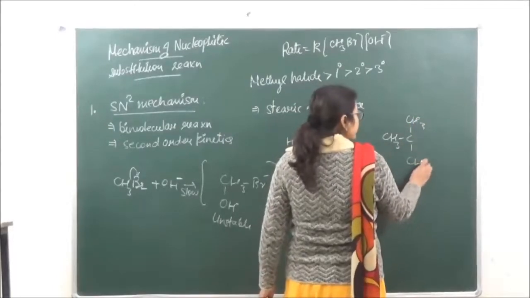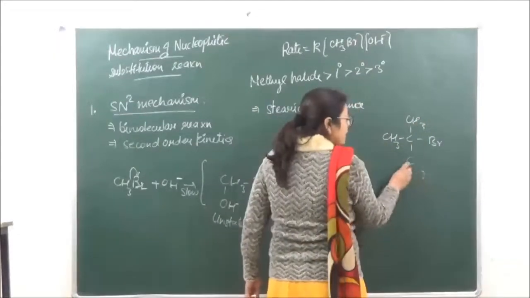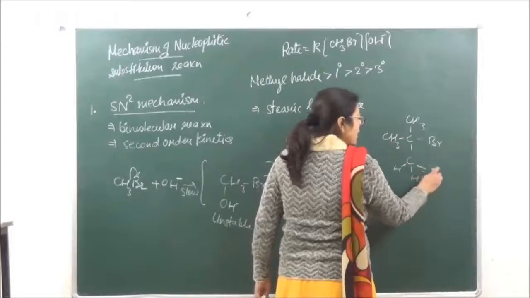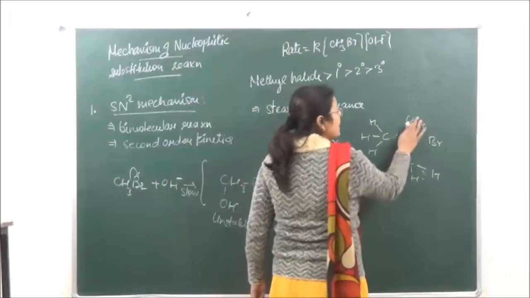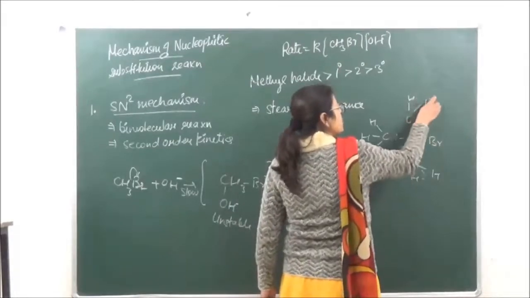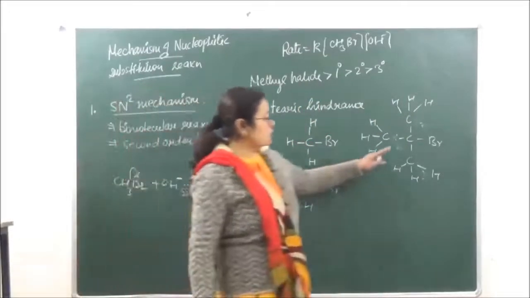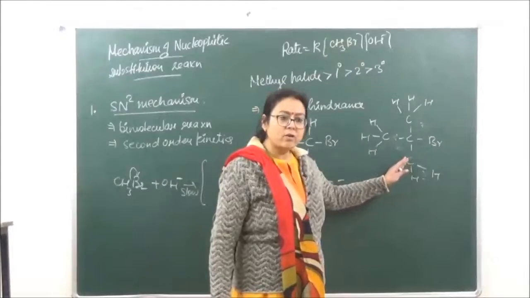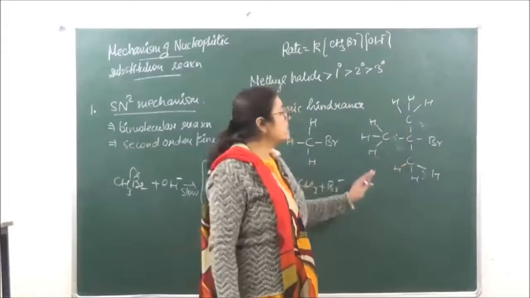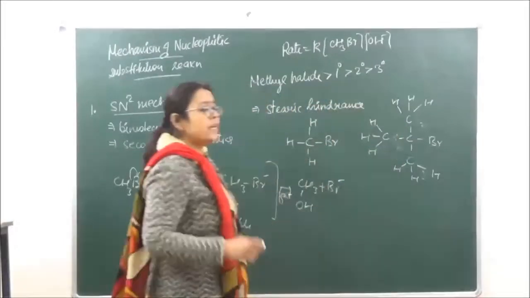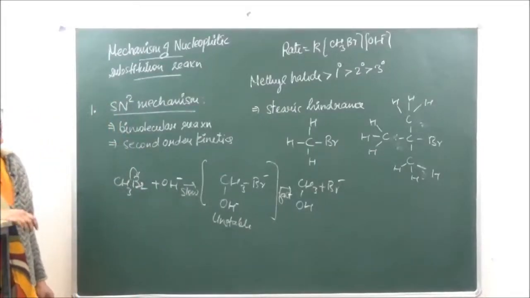so you can see over here in case of tertiary there are three alkyl groups. So to each alkyl group there are 3 hydrogens which are going to be present. So this is going to expand its electron cloud or expand its structure. Because the structure is so expanded over here, the incoming OH negative does not find sufficient space to go and attack on the carbon. ठीक है? तो क्योंकि वो कार्बन के ऊपर properly attack नहीं कर सकता, it is not getting space. So that is the reason that tertiary halide does not undergo SN2 mechanism to a great extent.